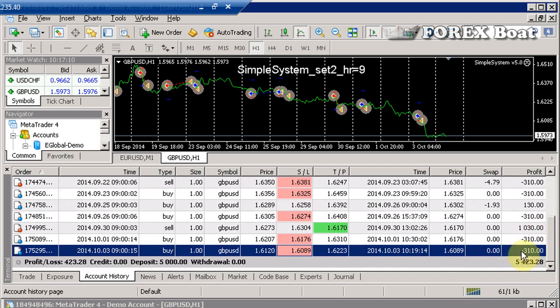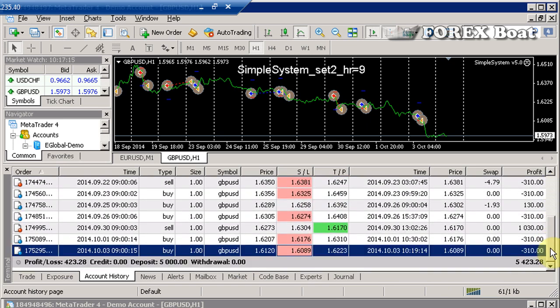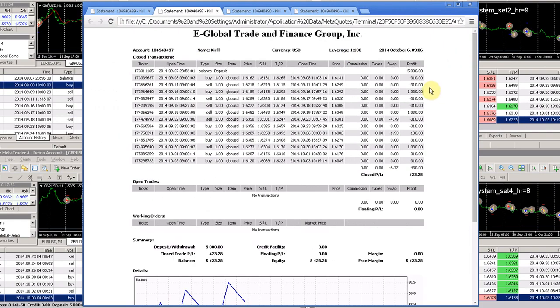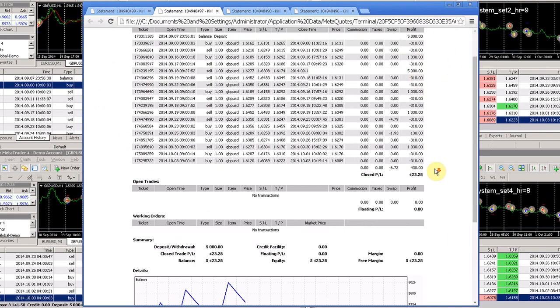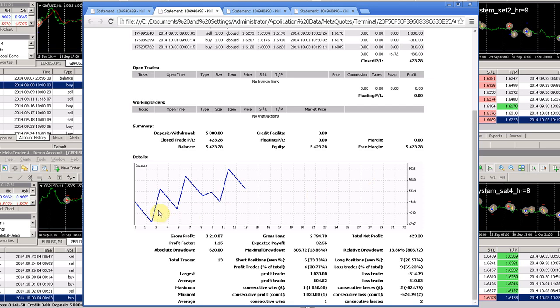So to investigate this further, we would want to look at the report and see how the graph of this set was structured. So let's go ahead. I've already opened up the report here. As you can see, the trades are listed at the top, and let's go down and look at the chart and maybe the stats. So here we can see that it's kind of like a saw-shaped chart. It's got a few trades going, yielding losses on the account, and then one profitable trade, and then more losses and profitable. So it is kind of going up, but